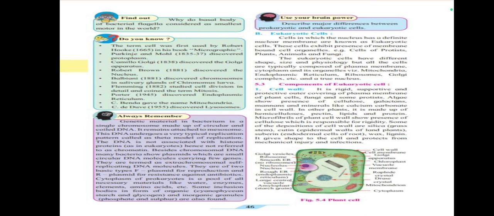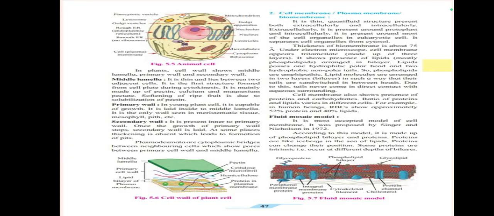Figure 5.4, plant cell. The plant cell wall shows middle lamella, primary wall and secondary wall. Middle lamella is thin and lies between two adjacent cells. It is the first structure formed from the cell plate during cytokinesis. It is mainly made up of pectin, calcium, and magnesium